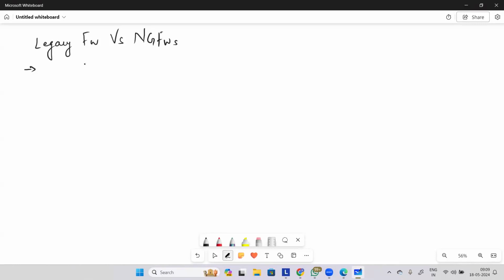All right. So legacy firewalls, what are legacy firewalls? Legacy firewalls are the firewalls which were present when the internet era was evolving, and they used to have ACLs, right? ACL is your access control list based on layer 4. Okay. So when we say based on layer 4, we were able to control the traffic based on the port numbers,